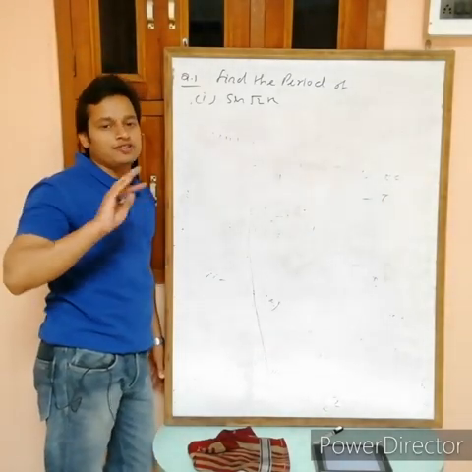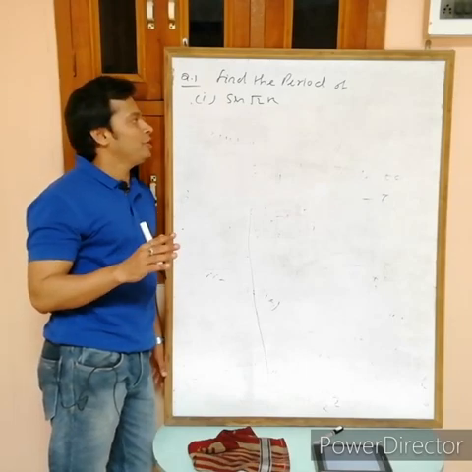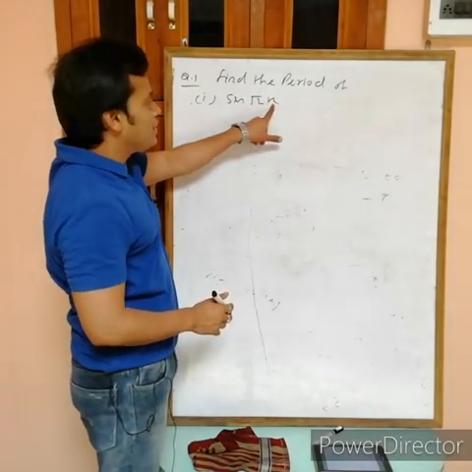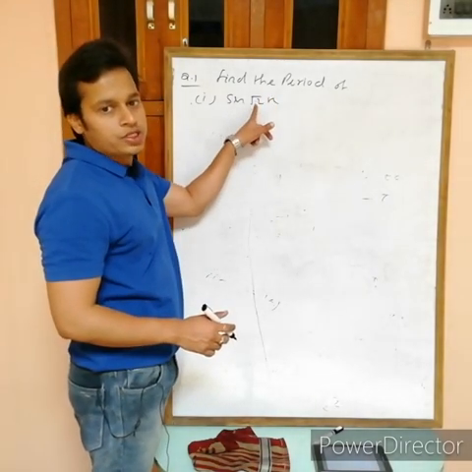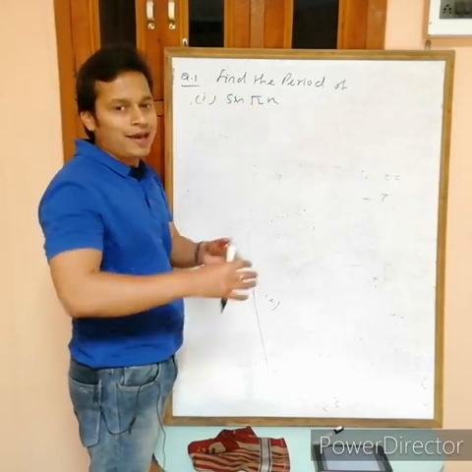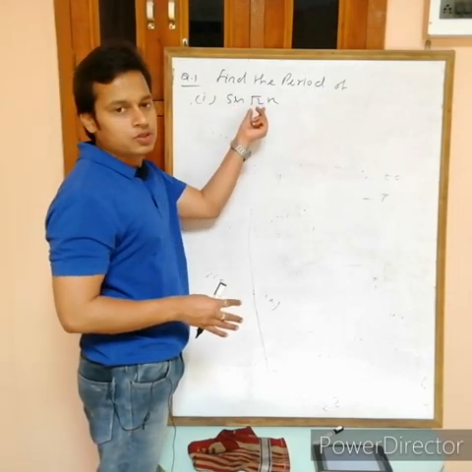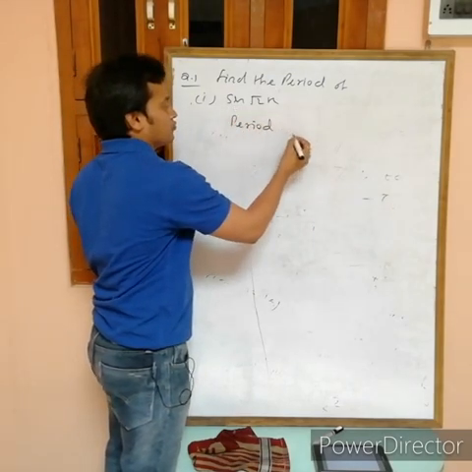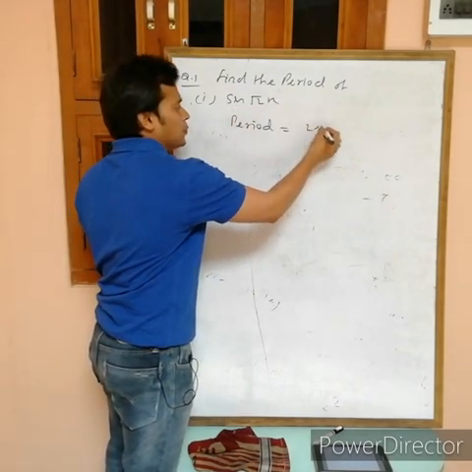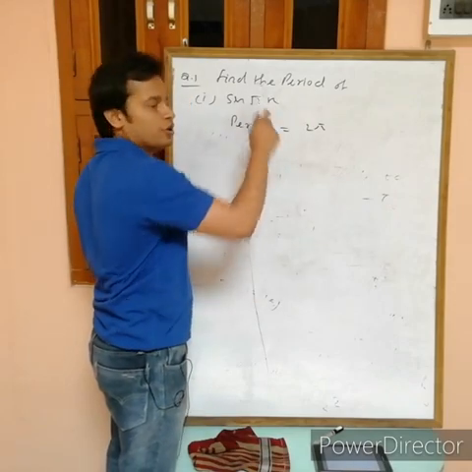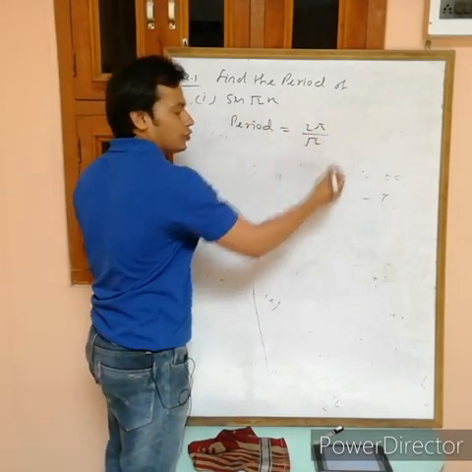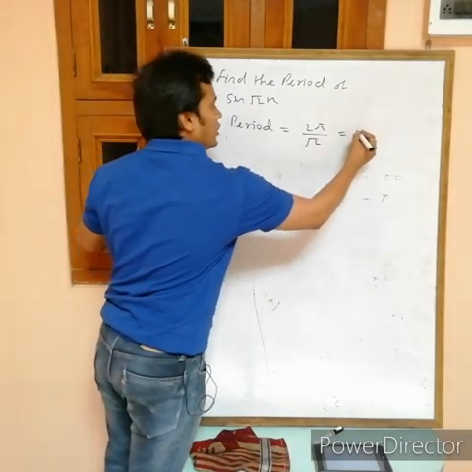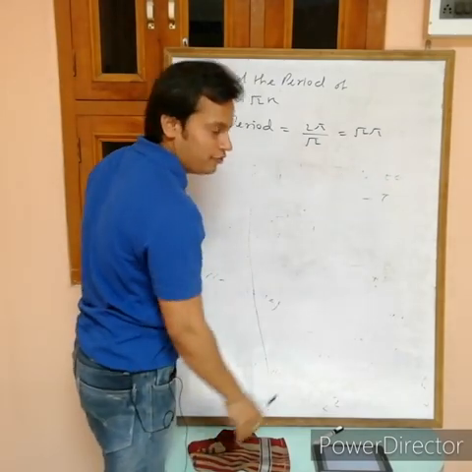We know that the period of sin x is equal to 2 pi, but we want the period of sin root 2x. So the period of this one: if you multiply x with any constant, then the period is the period of sin x divided by the modulus of this constant. For this one, the period of sin x is 2 pi. Here we are multiplying x with root 2, so divide by root 2. If negative, then also divide by plus root 2, the mod of this one. So what are we getting? Root 2 pi. This is the period of this function.